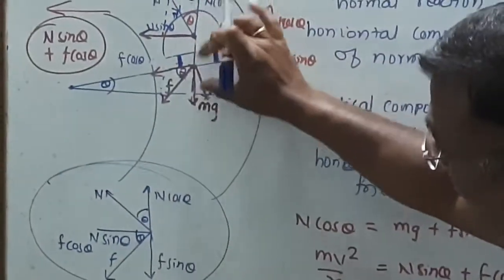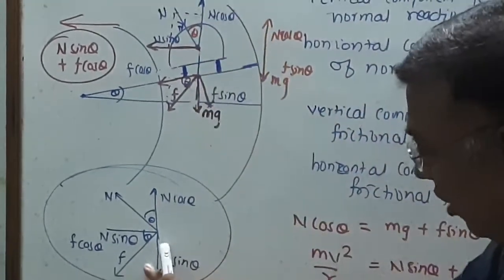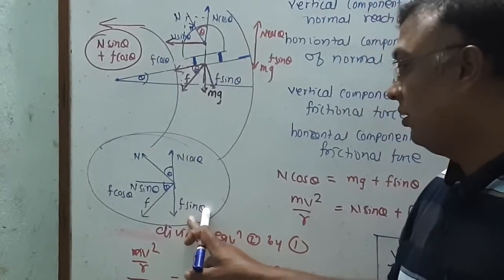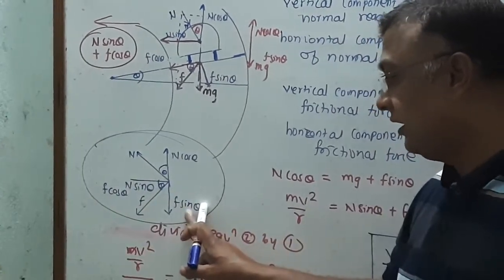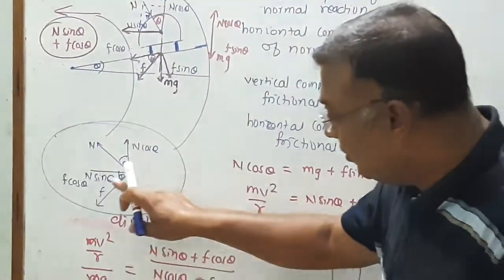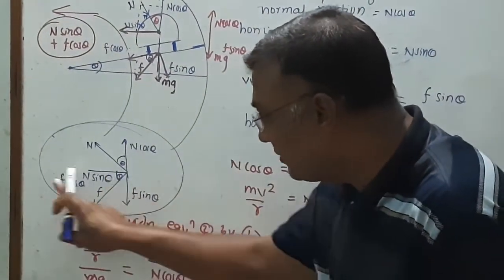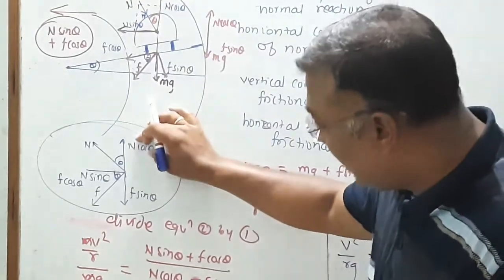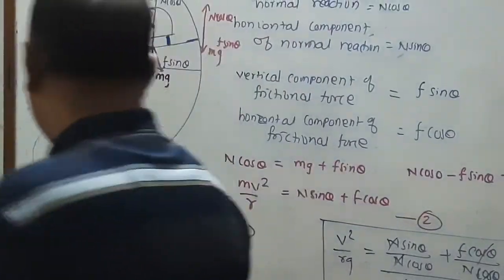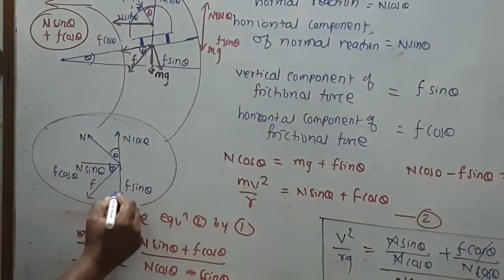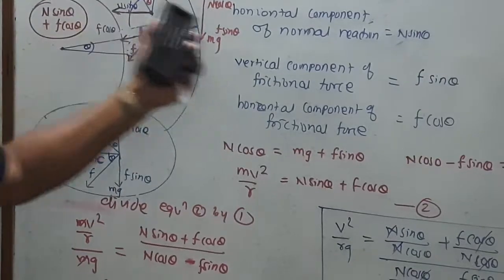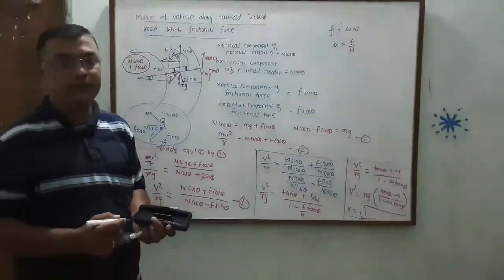If these are the two forces that come together, I have drawn this FBD here, that is n sin theta, and here f cos theta and f sin theta, and this is nothing but the frictional force here. These are the horizontal components that are balanced by the centripetal force, and these are the vertical components, that is n cos theta, that is balanced by mg here. So in this way you can remember the derivation here.